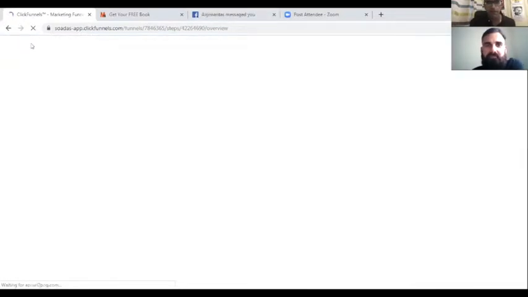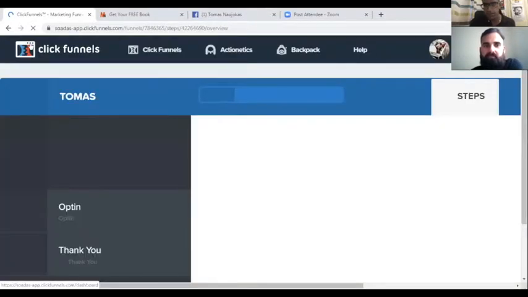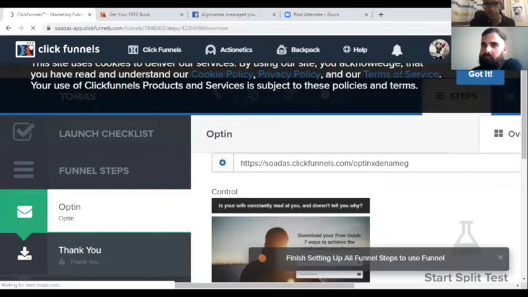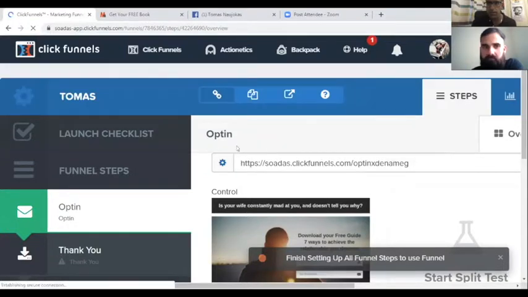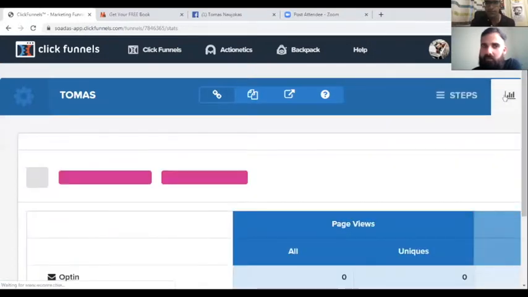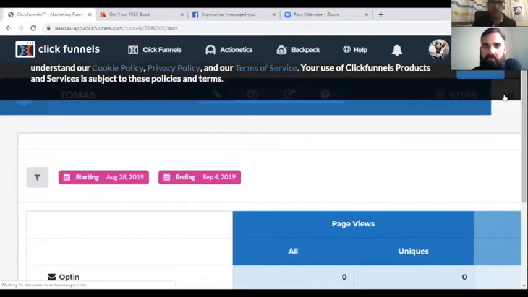Now from here, if you click on stats, you have to click X where it says cookie policy. And then on this bar where it says steps, click stats. The other one. If you scroll across, you'll definitely be able to see more. Is that stats? Yeah. So now if you go down,